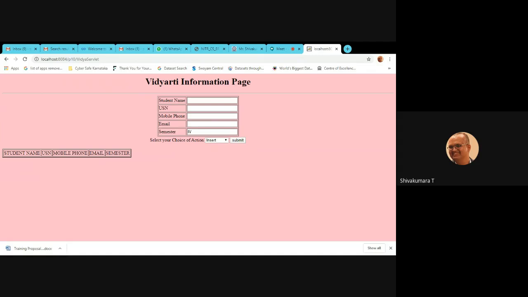Okay, I hope you understood this program: how to configure the JDBC file, how to create the model, how to create the view, how to create the controller, how to add the library file onto the controller libraries, and so on.